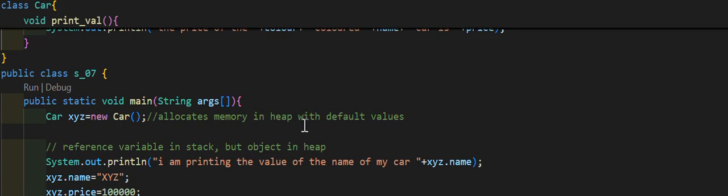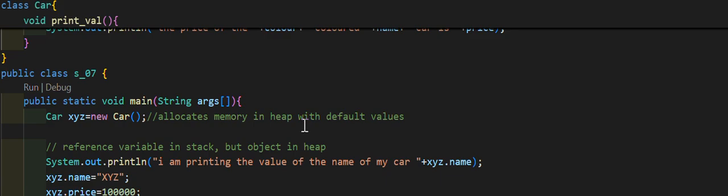And in the case when Java will create a default constructor, at that time, the values will be default initialized. Default initialized in the sense, like for string, the default value will always be null. Like for integer, default value will always be 0. So these are default initialized things. Okay. Java will create its own default constructor only in the case if I haven't created a default constructor.